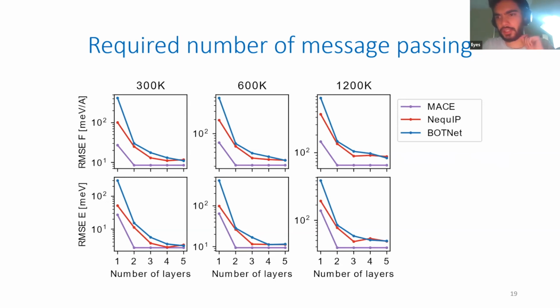I see a question here. If we look at not the number of layers, but computation cost, if that's easy to quantify, do we see similar trends? Yeah. So basically, as we said last time, when you create new body order with stacking features, layers, you do the tensor product on edges, while in MACE, you create higher correlation by taking the tensor product on nodes.